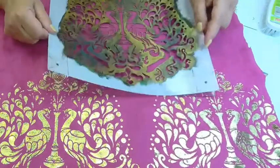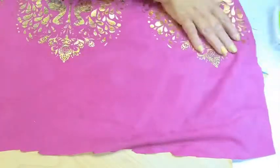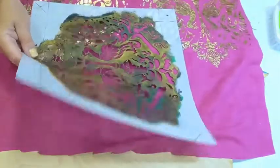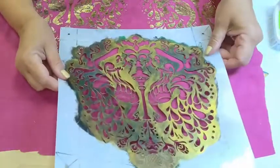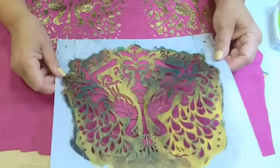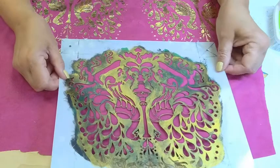So what I have to do, all right, I'm sorry, I got to turn this around so I can actually see it upside down. I know I could probably do it upside down, but it helps me more if I can actually see it. It helps me with my placement. So what I'm doing is making sure it's centered